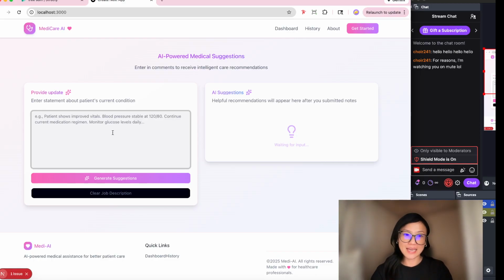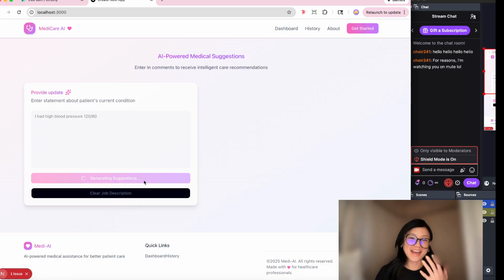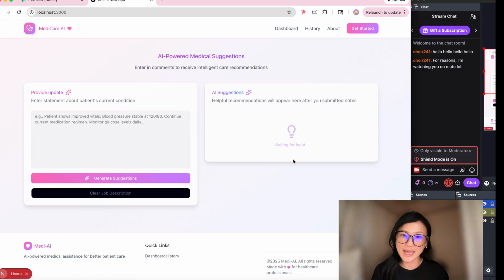the AI, like, hey, I had high blood pressure. I'm not good with blood pressure, but like 120 out of 80, I don't even know if that's good yet. But I wanted to go, oh, okay, I'm gonna break it. But that would definitely break it. But what it's gonna do here, I got the clear job description working. But what it will do is based on your condition that you stated, the AI will be able to simplify the diagnosis of what's currently happening,